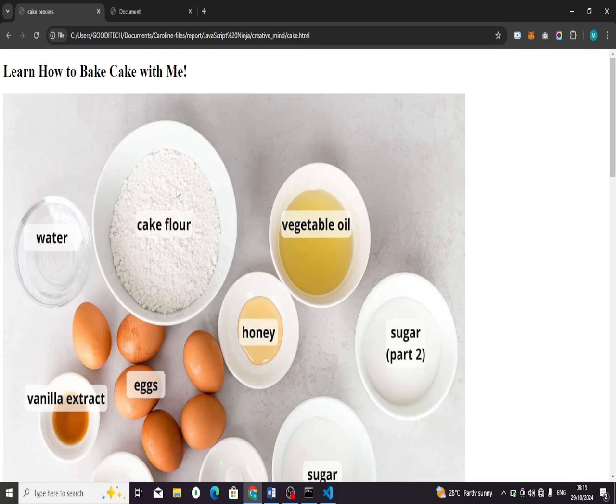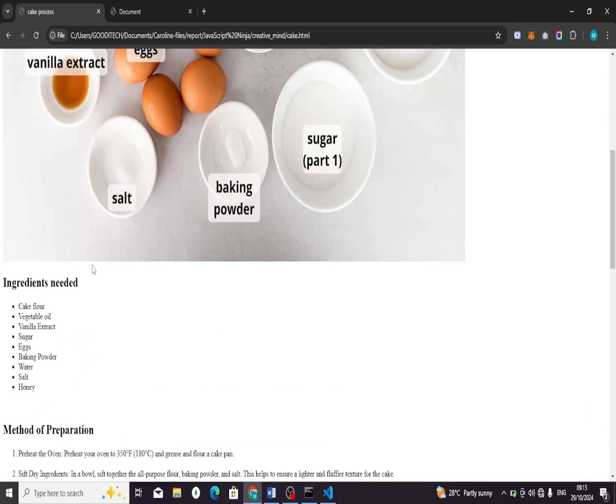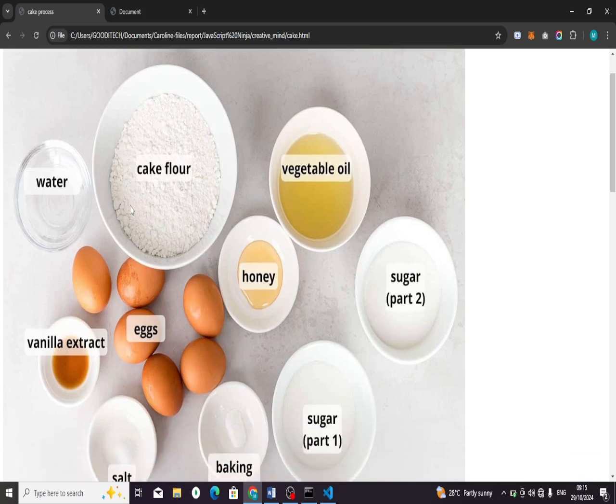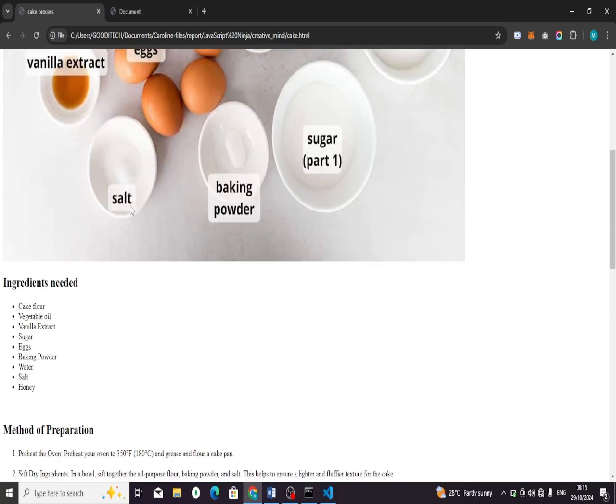Learn how to bake cake. Then from there we are going to use an unordered list to list out the ingredients, because this is a website where you are teaching people how to cook or bake. The assignment requires that you do a food recipe website. I don't want trading, I don't want tailoring, I don't need any kind of salon website. I need a food recipe. In that way you'll be able to practice all the tags that you've learned so far in this HTML